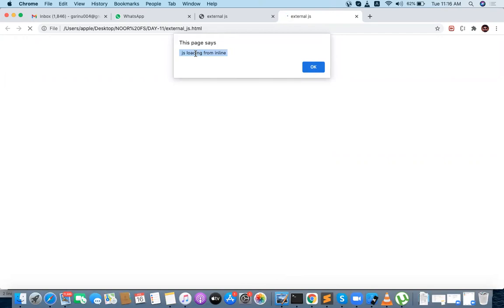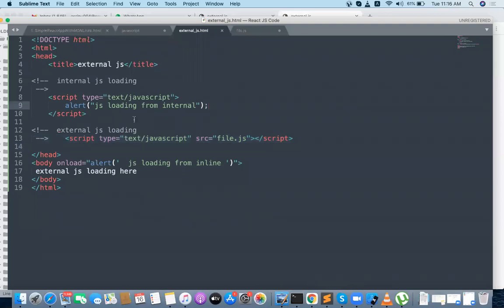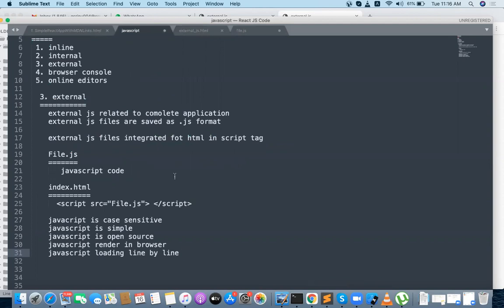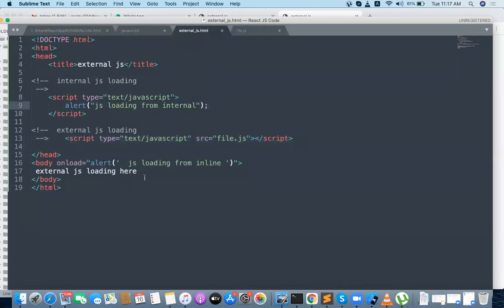JavaScript is line by line execution anytime. Whatever JavaScript you are writing in your HTML page is executed line by line. You have to understand that, and that is fundamental. Okay, after that, I want to write some document accessing process, the DOM accessing process. Let me take a DOM here. So from the DOM, I want to access the H1, hello JavaScript.